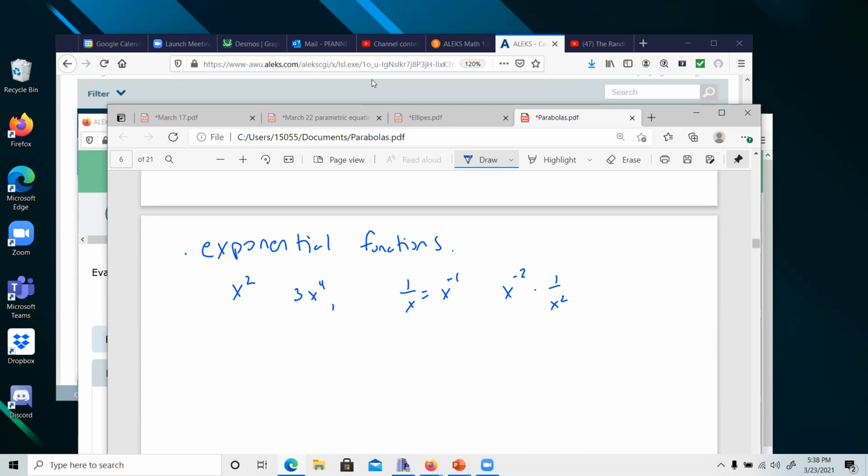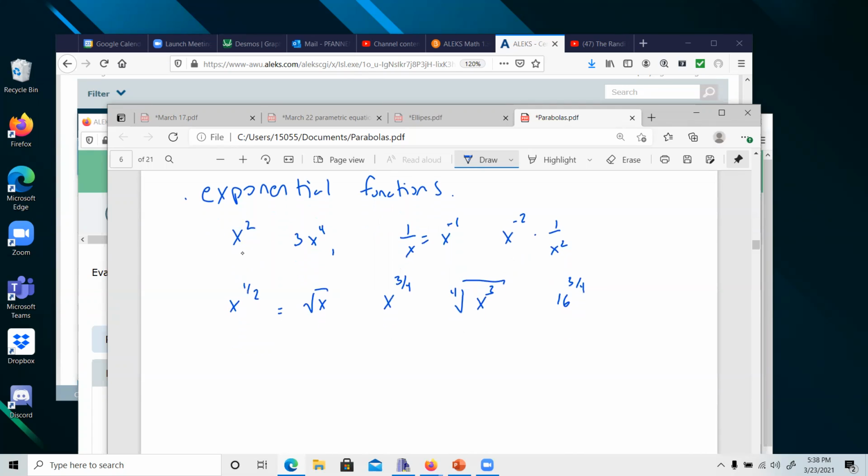Okay. We also have x to the 1/2, right? And a rational thing like this, a rational exponent, this means the square root of x. X to something like the 3/4 would be the 4th root of x cubed. And the thing is, it doesn't matter. You could take x cubed and then do the 4th root, or you could do the 4th root and then cube it. Okay. So if I did something like 16 to the 3/4, you could either do 16 cubed